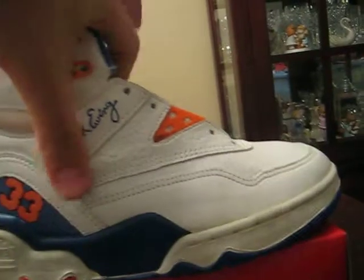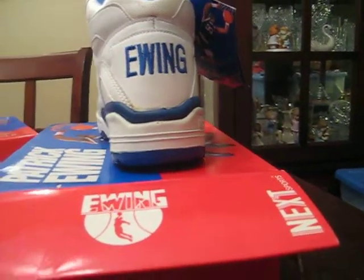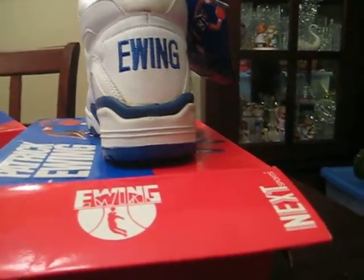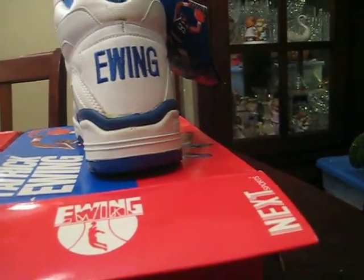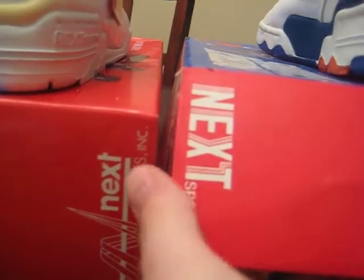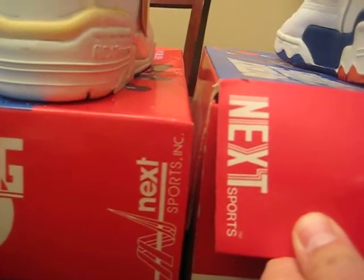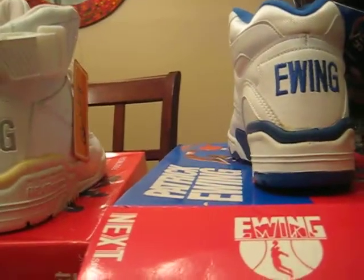And one thing I noticed about the boxes on these, in comparison to the 33 high, and it's probably because the Guard Reflective was made after the 33 high, is you'll notice that the logos are different on the box, where it says Next Sports, and then right here it has that little thing around it. So I thought that was interesting. So with that said, we're gonna get into